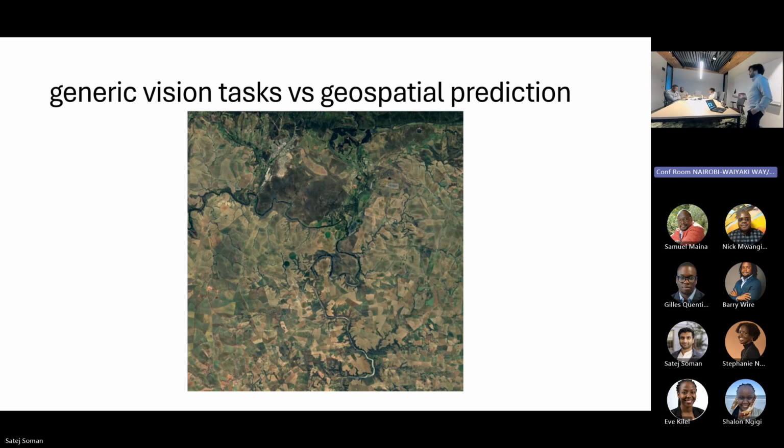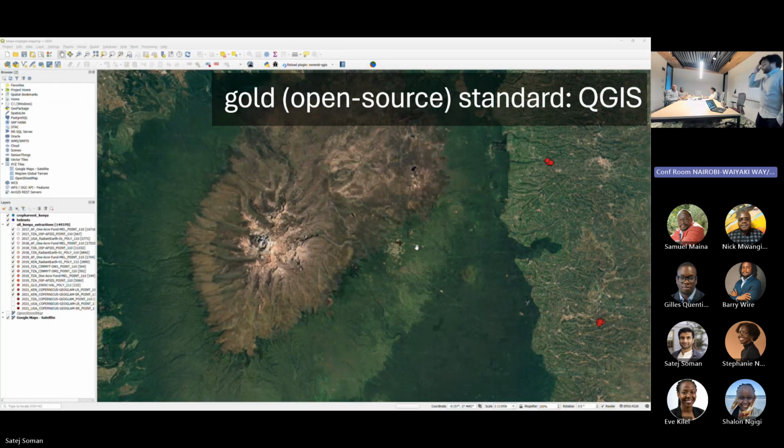In fact, most geospatial data scientists and a lot of geospatial-driven domain experts do a lot of their work in GUIs called geographic information systems, or GISs. And a really common one here is known as QGIS. So this is me playing around with the GPS coordinates of a couple of agricultural measurements. Let's see if I can get this to play.